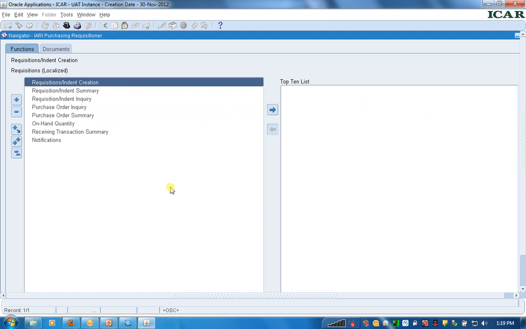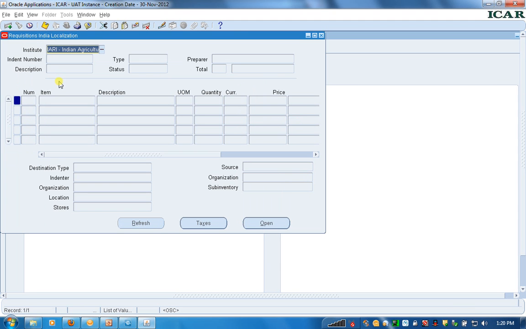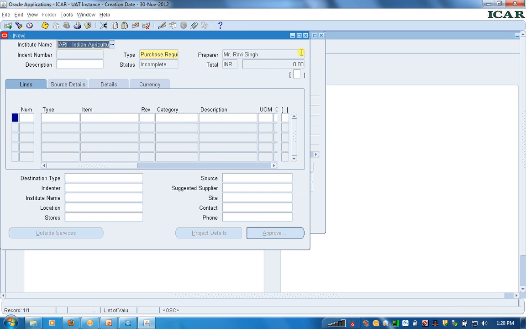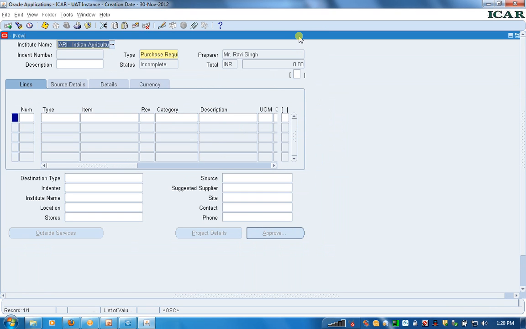I have already logged into the purchasing requisition responsibility. To create the purchasing requisition, we'll click on this form and then we will click on this open button. So it has opened a form to create a purchase requisition. It is showing the institute name, IARI, the type of requisition is a purchase requisition, the preparer name,